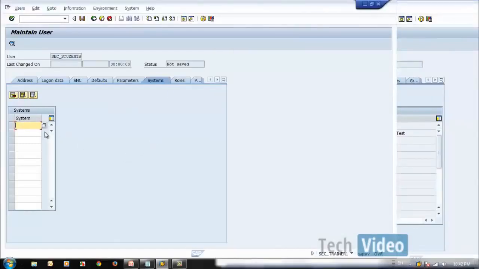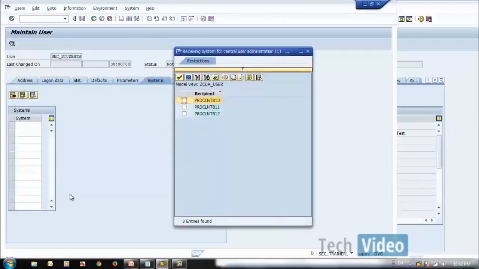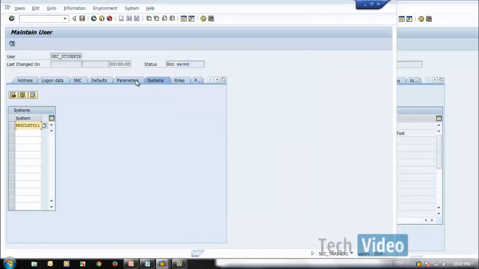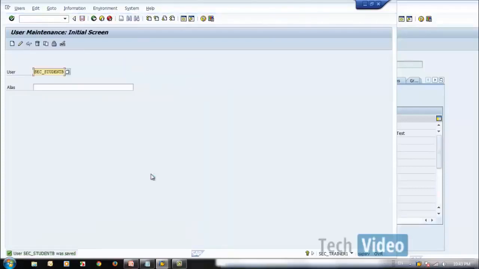In the system tab, we can specify in which system this user needs to be created. Let's say I will select only 811. Okay, select this. I already specified an initial password, and I will say save. Now student B is saved.